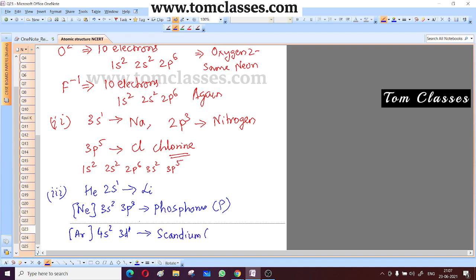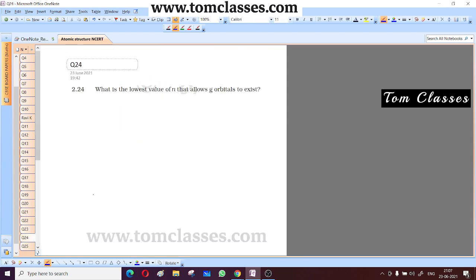And that has 21 electrons, and Sc is the electronic configuration. If I have to write 21, till here it will become 3p6, which is 18, 18 plus 3. Yes, that is what it is. Confirmed, right? Is that okay?